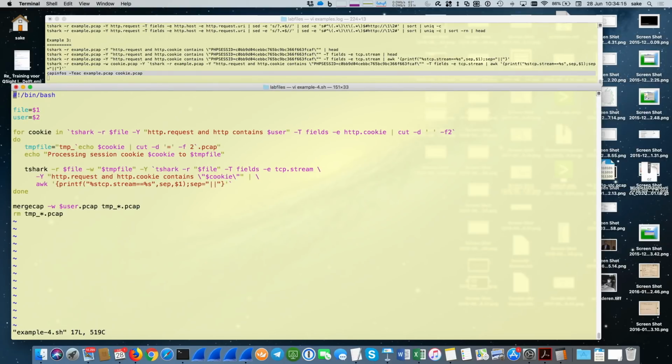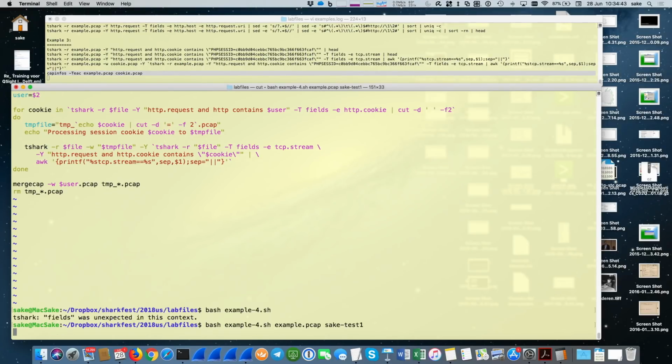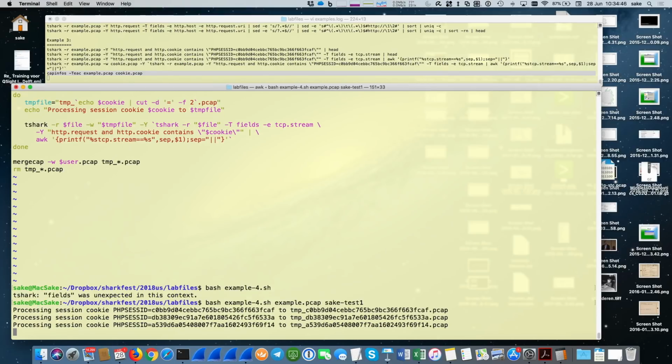So there's my script. It looks the same as the one I had in my presentation, right? It's a little more convenient to read because it has coloring. And if I execute the script, I need to provide a file name, which is of course example.editcap, and now the user is Sake minus test1, I believe it was. So it found a couple of session cookies for this user, created temporary files, and created a new file,